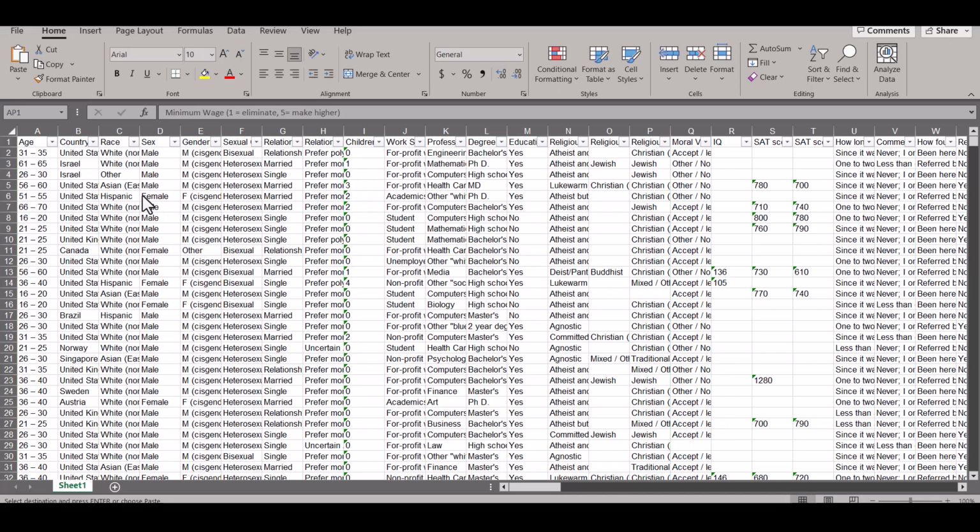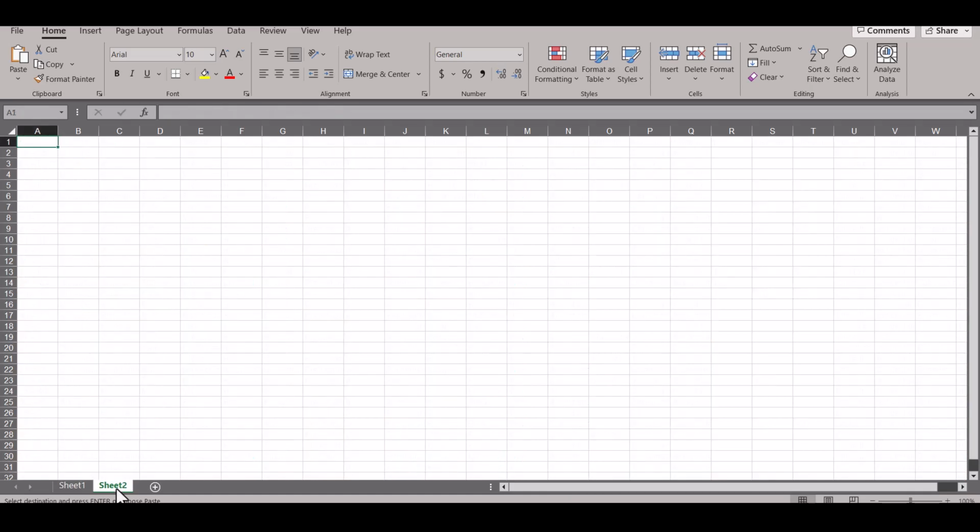I'm going to recode just one variable to show you how, and I'm going to recode it here in Excel. We can also do some recoding in the software Jamovi that we're going to use to analyze the data, but I want to show you how to do both. So let's recode age. What I do is go to a new tab, and these will be our lists for recoding,